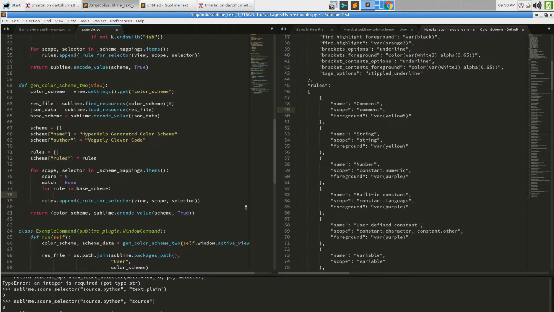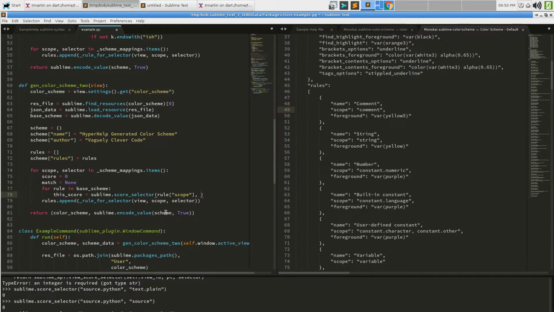And what we do is, okay, this score is equal to sublime.score_selector, and the scope, that first parameter that we're passing, is the one from this file, which is rule scope, right?